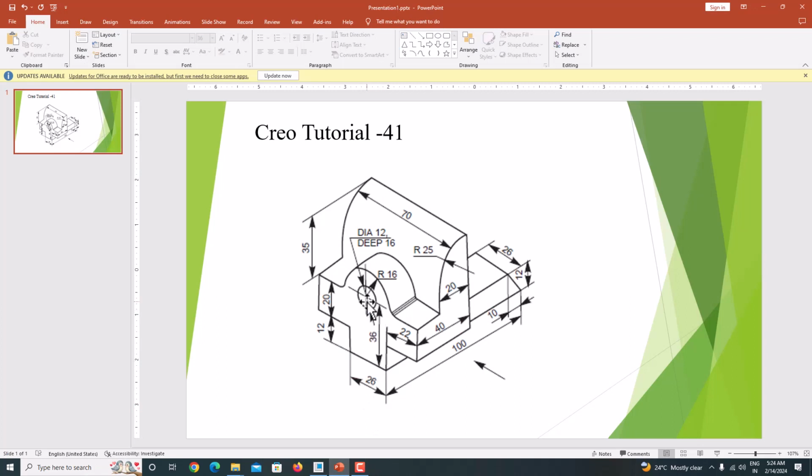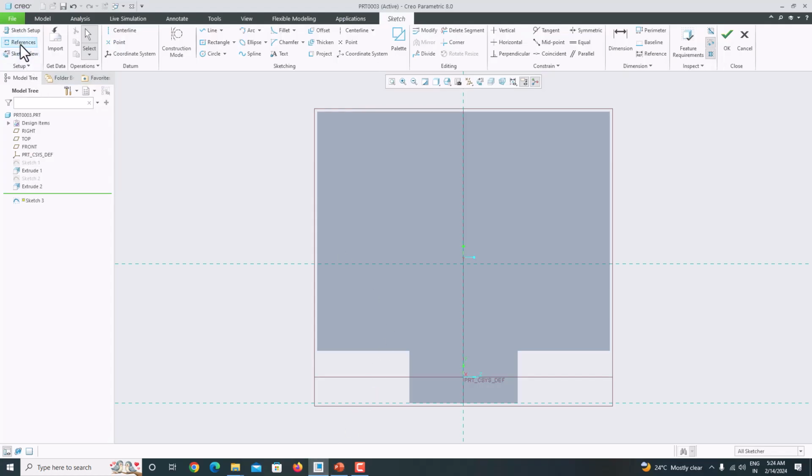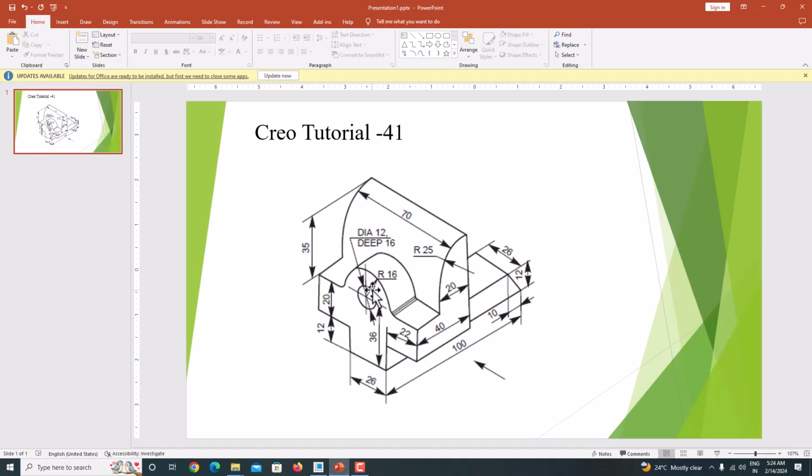Now the center of the circle they have given 36 from here and center of this object. So just put circle randomly. So the center distance is, go to dimension, from here to here 36